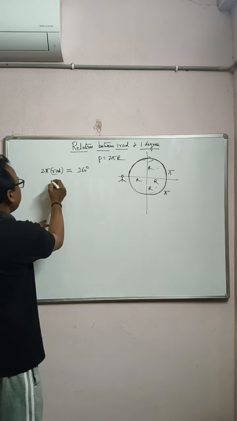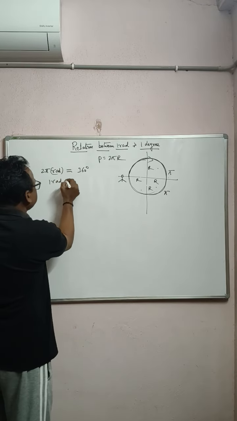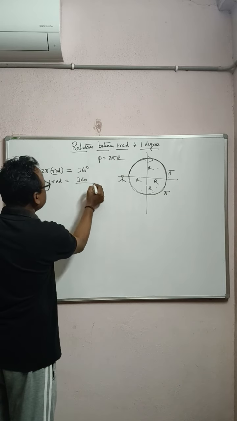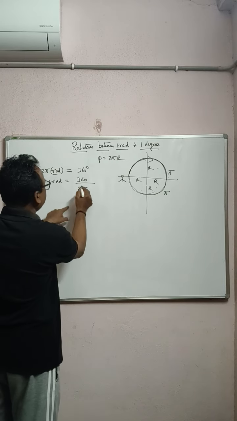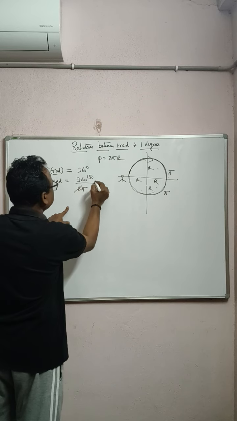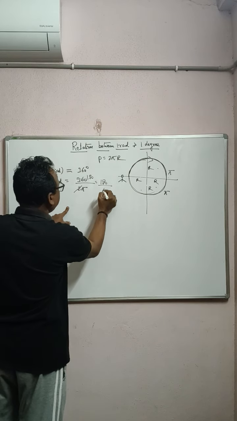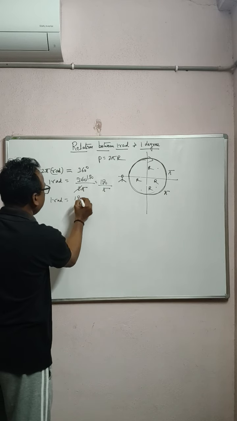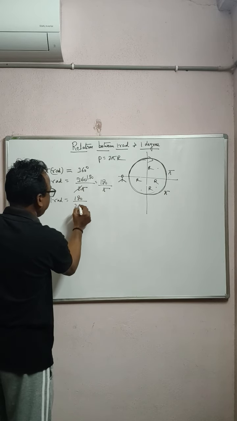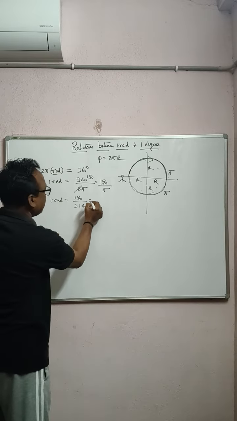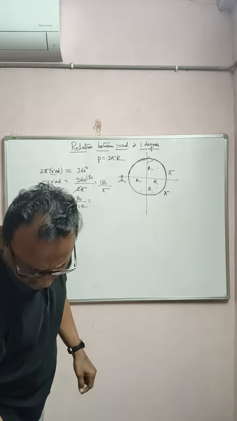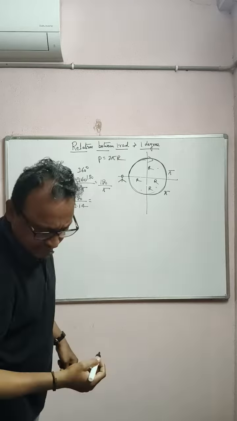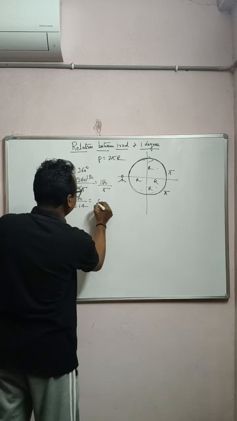Okay, na? So therefore, 1 radian is equal to 360 by 2 pi. 2 ones are 2, 180. That is 180 by pi. And then manaki 1 radian is equal to 180 by pi. What is the value of pi? 22 by 7. లేదా 3.14. So when you divide this one, okay, nearly you will get 1 radian is equal to